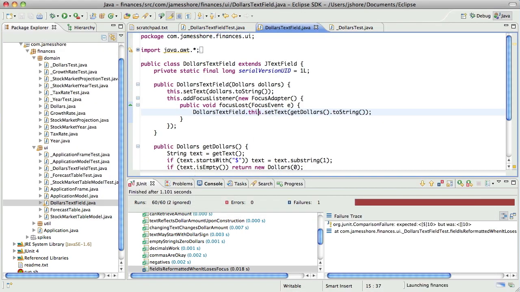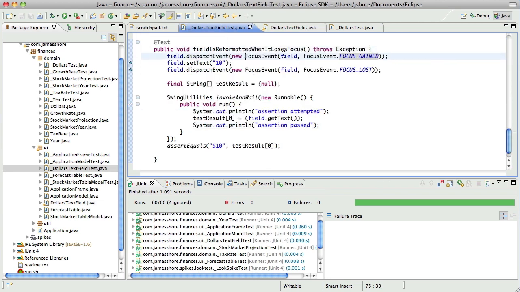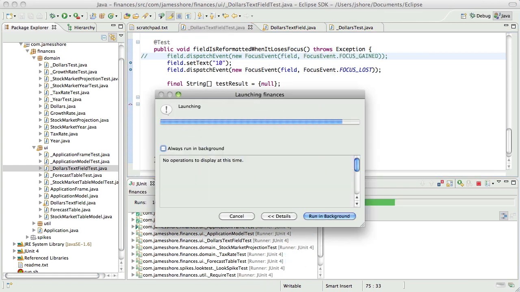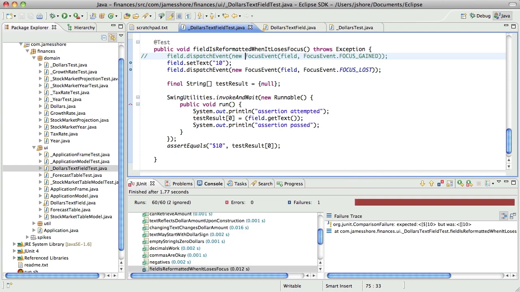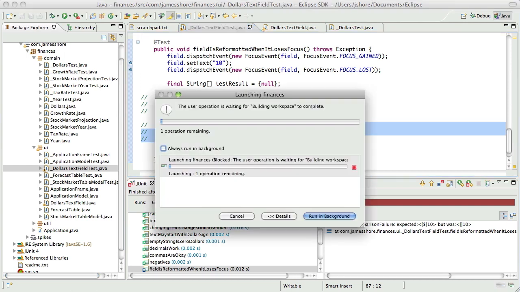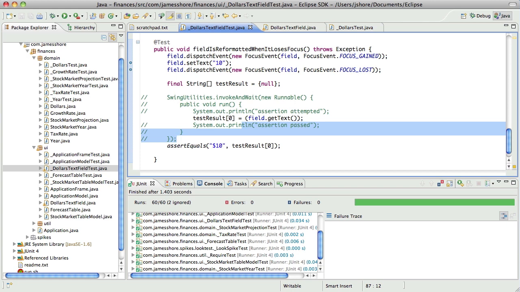Now, does the test know it works? The test knows it works. But if I take this out, the test fails. That's interesting. Do I really need to do this invoke and wait? I think I do. Going based on Matthias's success with it, I think it will work without doing that invoke and wait, but I don't know why, and I don't trust it.